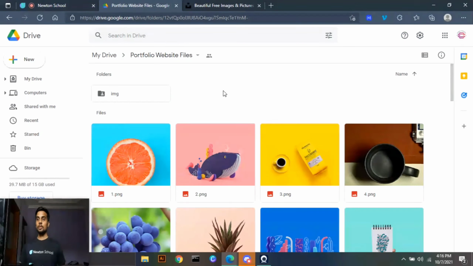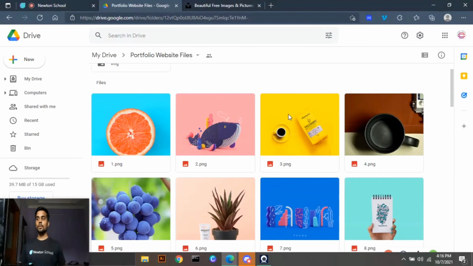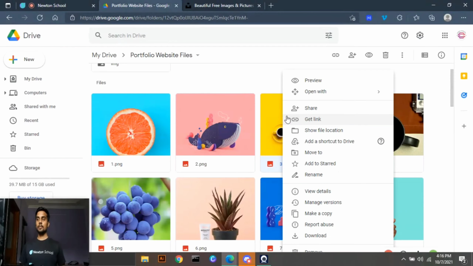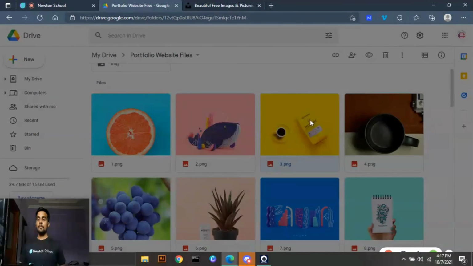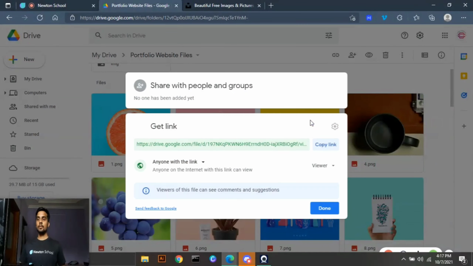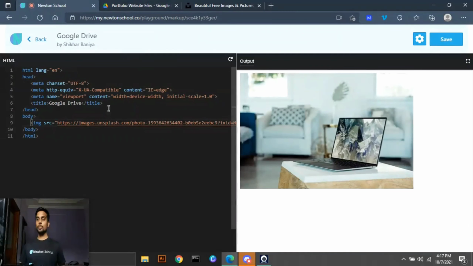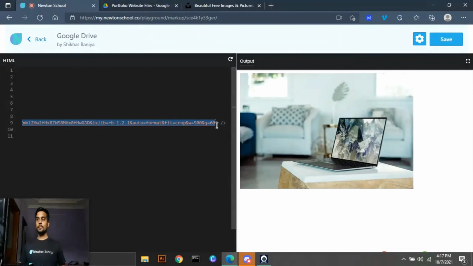Okay, so this is our Drive. Let me select this, right click, and you can see this get link option. Click on this, and you get the link of the image. So let's copy it, go to a browser, and let's paste it here.